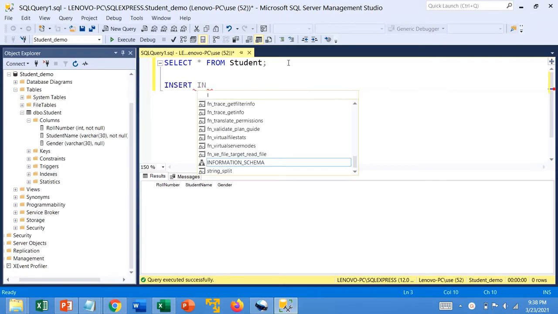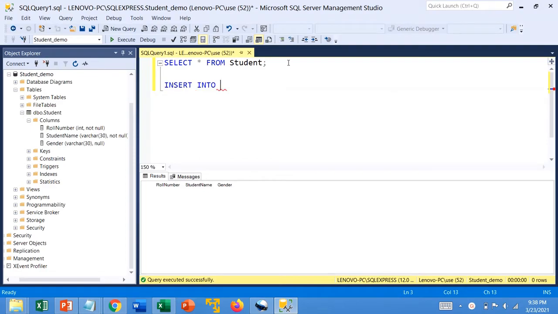Insert into student values, roll number will be 1, student name Ravi, gender will be male.